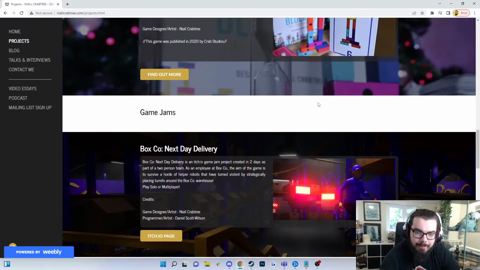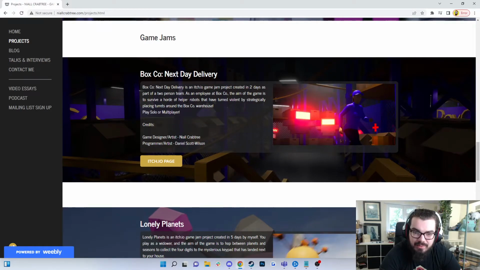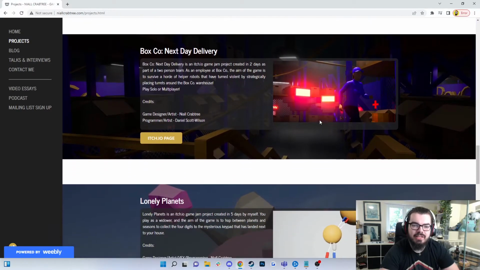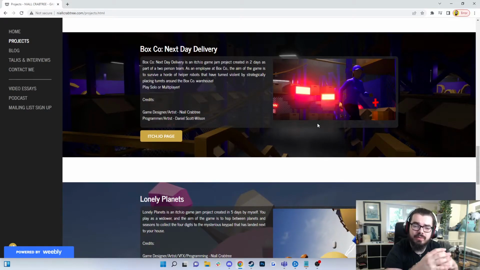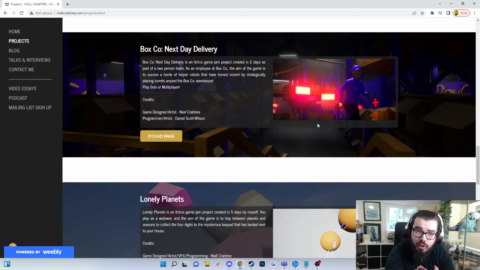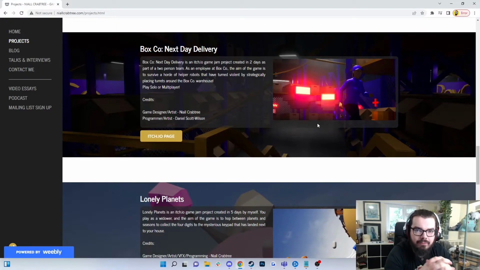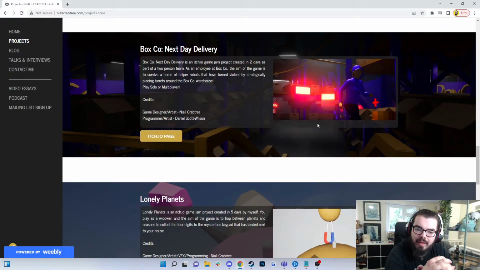I just wanted to include it anyway. Next, we have my game jams. These are right at the bottom because, first of all, they were done a while ago. Some of these games I'm currently thinking about culling from my project, but the reason I have them here is because they all have unique design ideas and unique design concepts, and they're all a part of game jams,